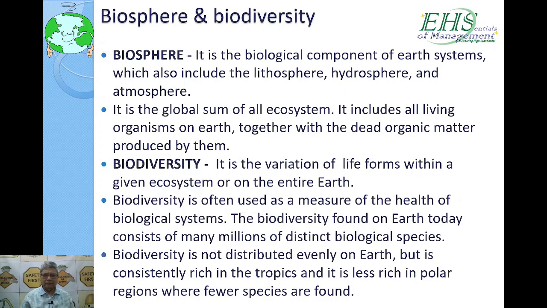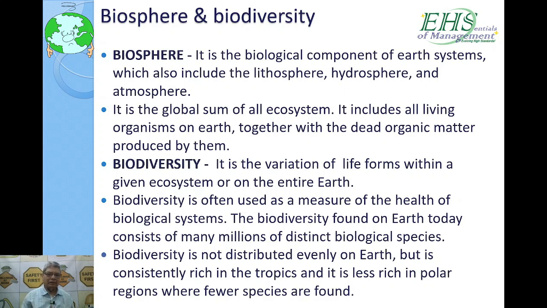Now what is biodiversity? It is the variation of life forms within a given ecosystem or on the entire earth. So we know there are plants, there are animals. So there is animal world, there is a plant world, right? Now in that you have the species from single cell to the complex animal like human being. So if you just try to count the different species of the animal world, there are millions of bacteria, there are millions of different small creatures, or there are